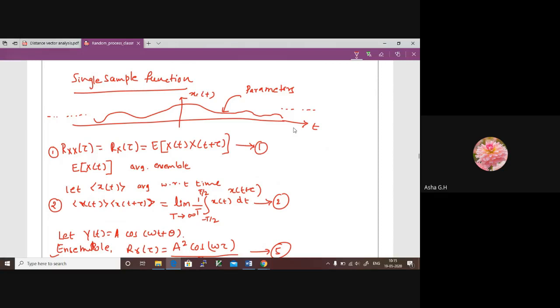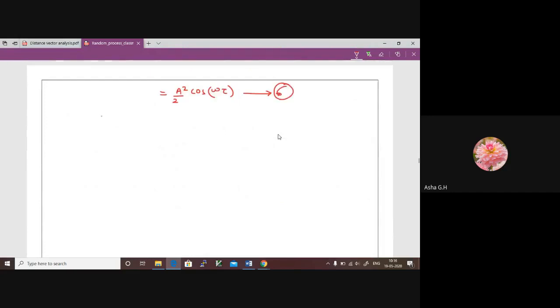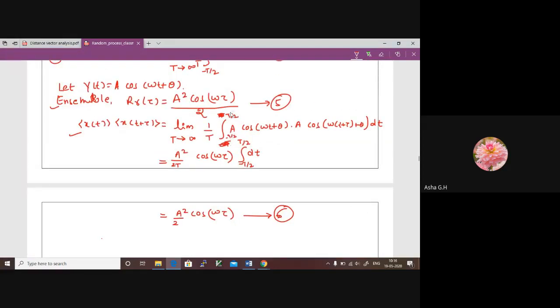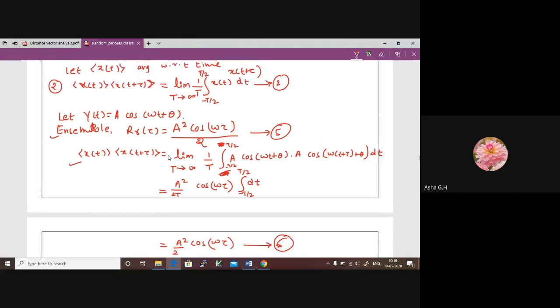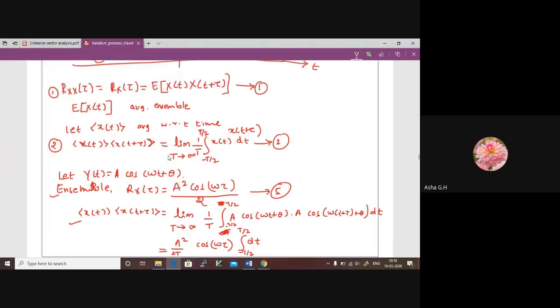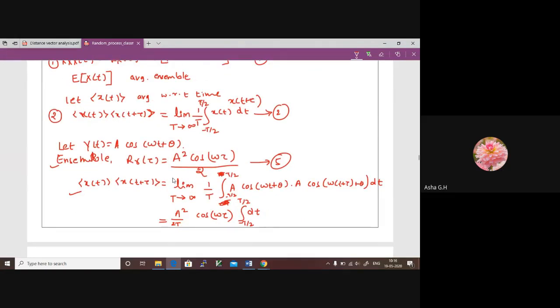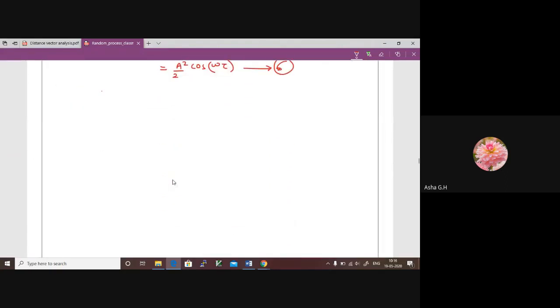But in most of our practical applications, we need to deal with a random process that has some time limitation. So practically, when we try to change this time limit, the mean or the autocorrelation function that we got for the ensemble mean may not be exactly the same as what we get for time averages. The assumption we made is that the time is minus infinity to plus infinity when we calculated the autocorrelation function for time average.